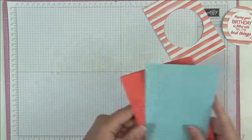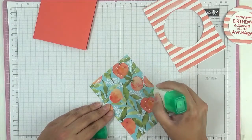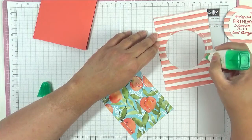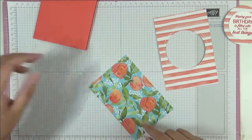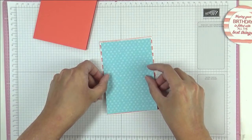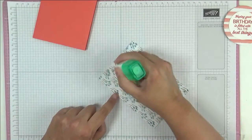Now bring everything else back. I've got a card base here of Calypso Coral. It's a standard A6 card base. That's an A4 sheet cut in half and then folded in half. And then I've got another piece of this Sweet as Peach Designer Series paper here, and all the measurements will be on the blog post, so don't worry. I'm just going to put a little bit of glue around the centre there as well, and I've just put glue around the edge of this piece. And now we're going to layer this on top, and you won't even see where we gutted the centre of our cardstock. See? It's all covered up, and now we're going to just